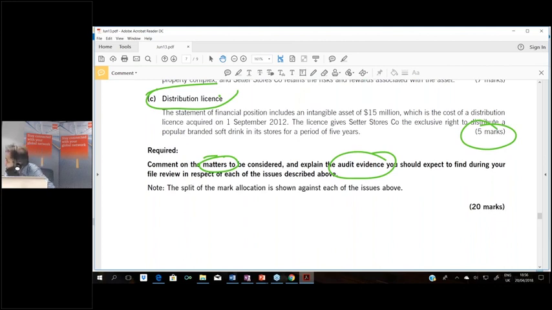Now, see, I have 5 marks, so that means I have approximately 8 minutes to write the answer. If I can just do an exercise with you in 8 minutes, just to show you how you can write an answer. Can you all read the distribution license within a minute? The 3 lines, C part. Be quick, be quick. Read the 3 lines quickly. Let's do a good illustration on matters and evidence in the working paper file. I'm trying to bring practice more into it.